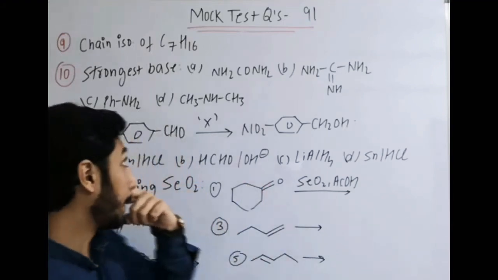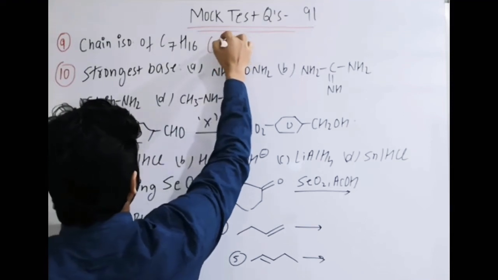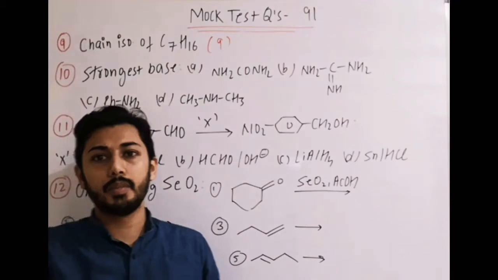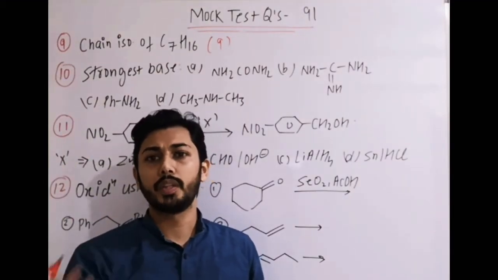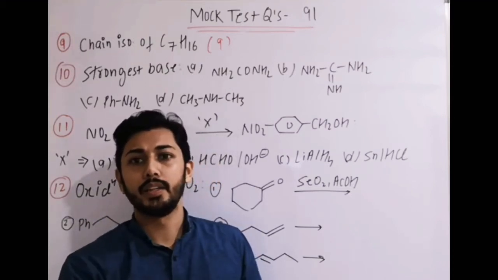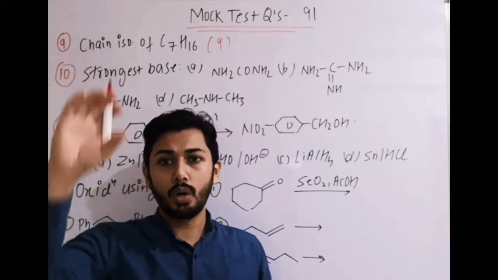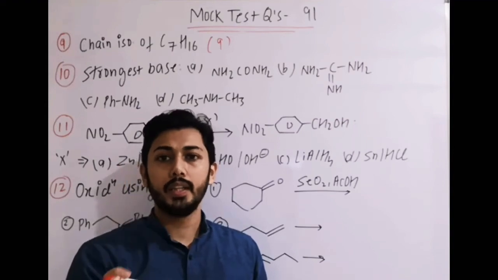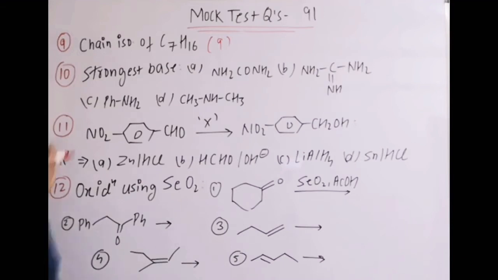Answer for C7H16: we consider all possibilities starting from the straight chain of 7 carbons, then 6 carbons and branching at second position and third position, then 5 carbons and 2 methyl groups at 2,2; 3,3; and then 2,3; and then 2,4; and 3-ethyl. These are the possibilities. When you count all of them, all these structural changes in the carbon chain, then the total comes out to be 9. So you can try this question by writing its structures.